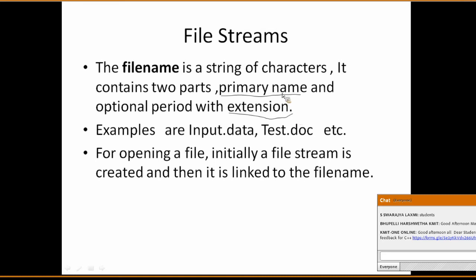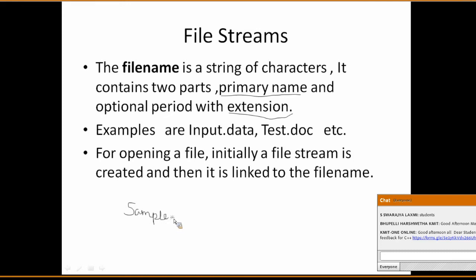For example, if I wanted to write a file name, I'll write the file name as sample. This is my primary name.